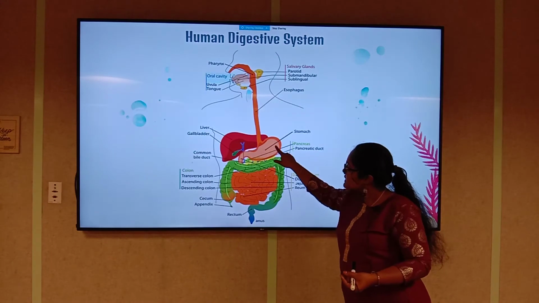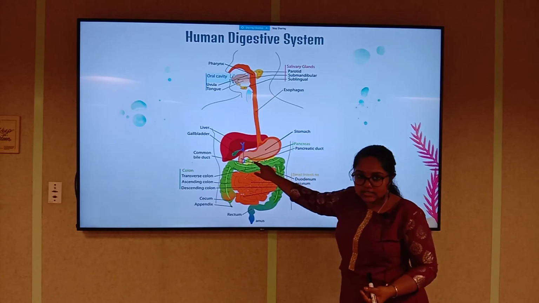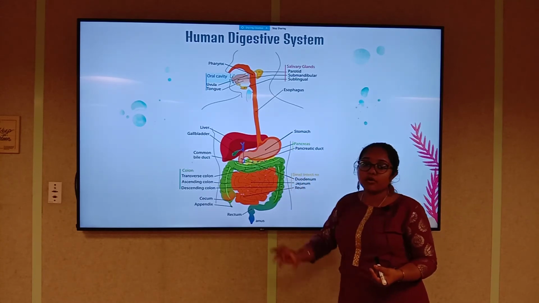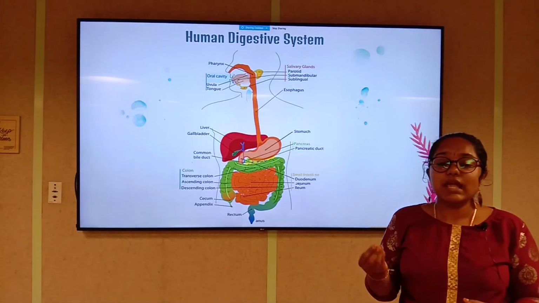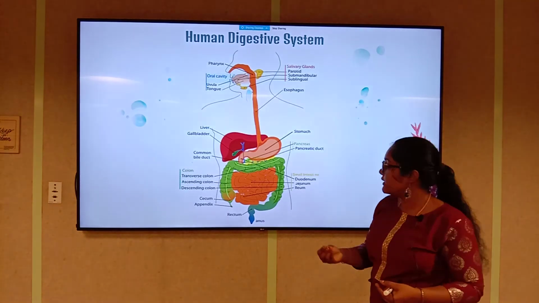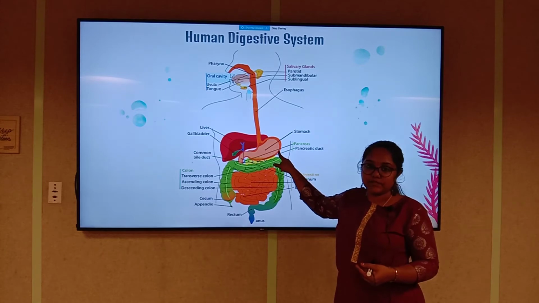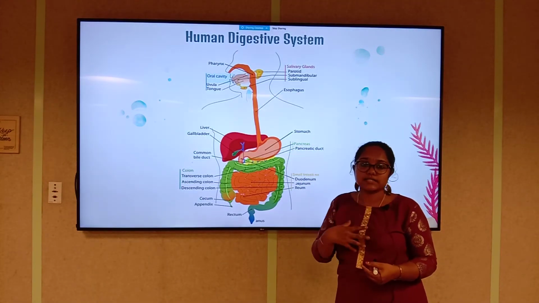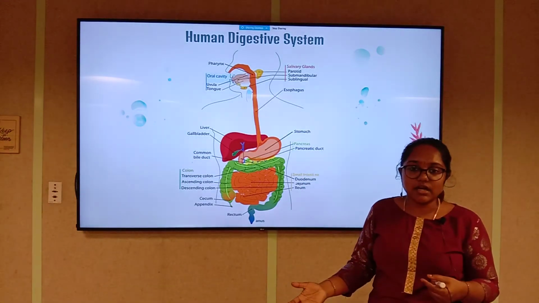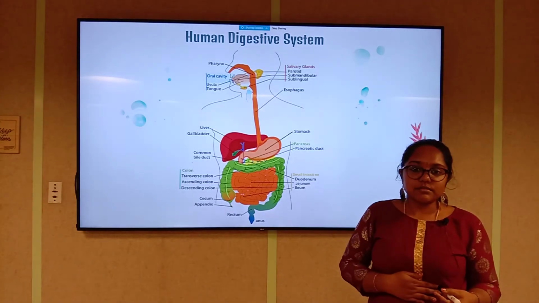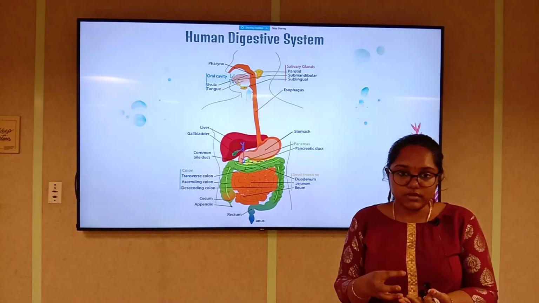Now once the bolus has reached the stomach, it has to undergo digestion. If it has to perform digestion, the medium or the temperature or the condition of the stomach must be acidic. For that, the stomach has some cells which produce HCl in them. HCl is an acid. We normally produce acid in our body, but it is not as concentrated as what we see artificially in our chemistry labs. Clear? So our stomach produces HCl to make the medium of the stomach suitable for the bolus to come and